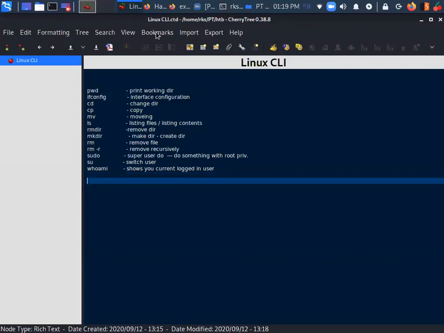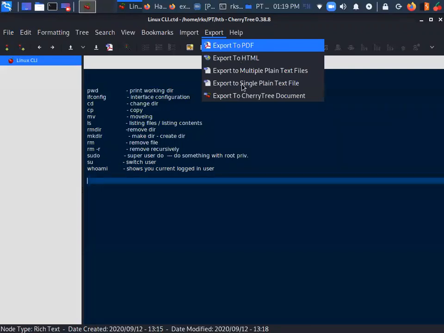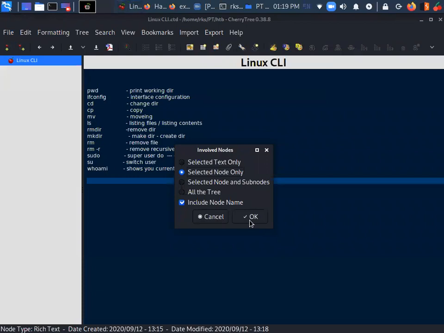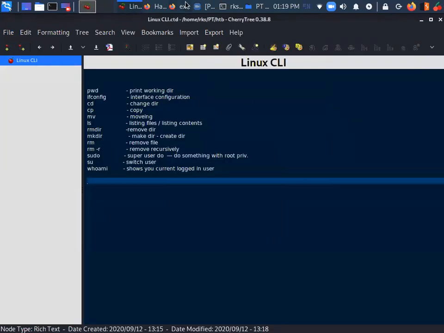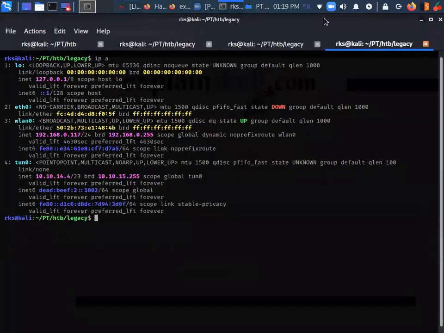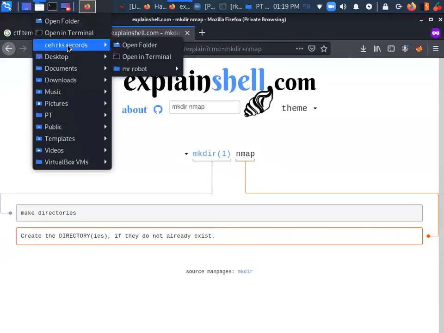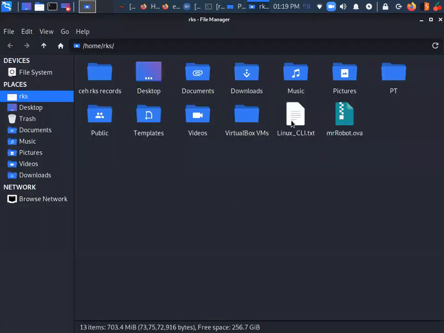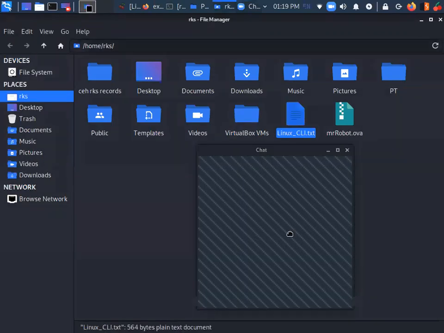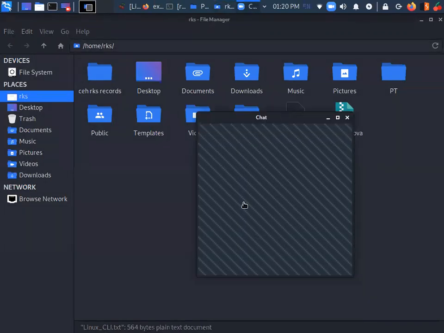So let me just save this file, export to a single plain text file, and let me share this file with you. I've shared the file in the chat.